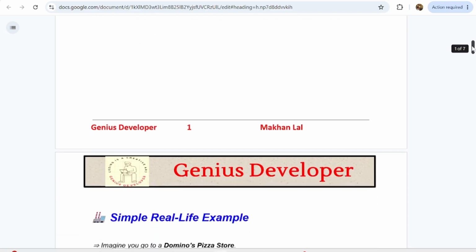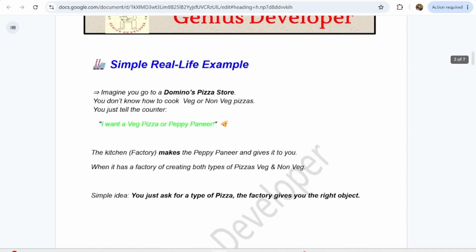So if we talk about a real life scenario, suppose we are going to a Domino's pizza store and you don't know how to cook any pizza, veg or non-veg, but you will just order a pizza from Domino's. Suppose you want to order pepper paneer or chicken pizza.